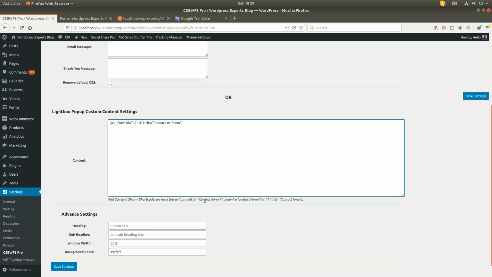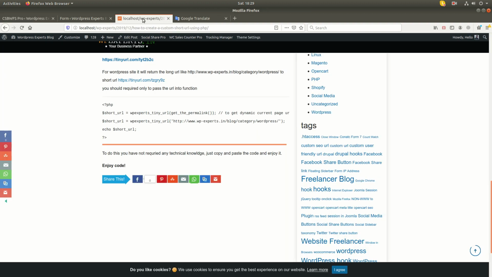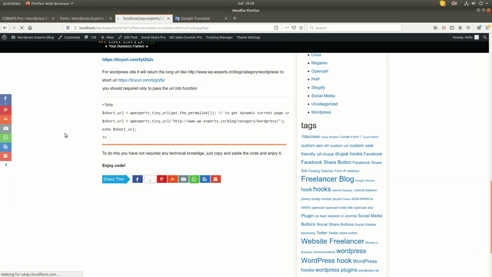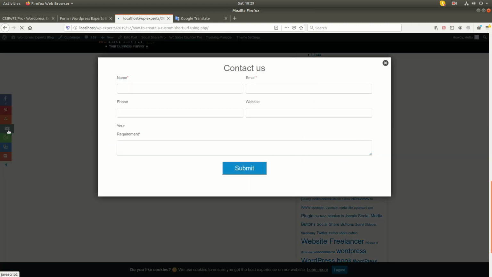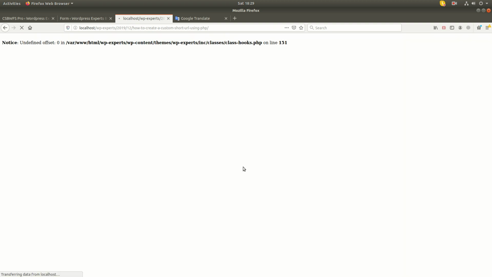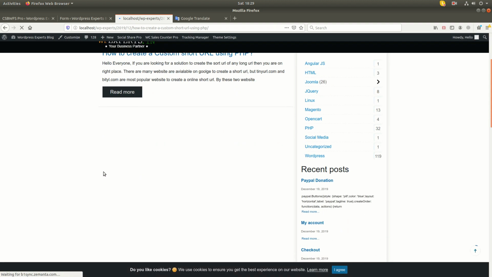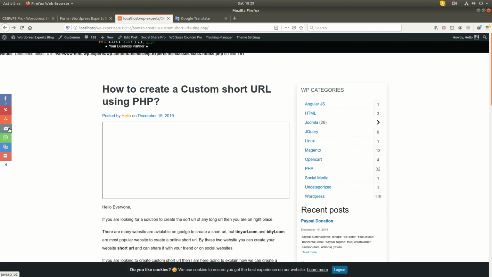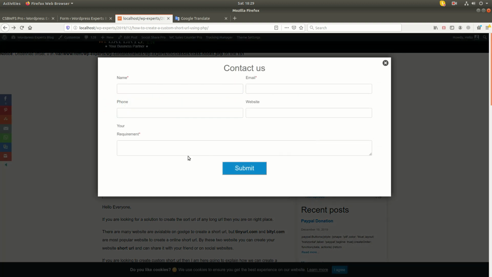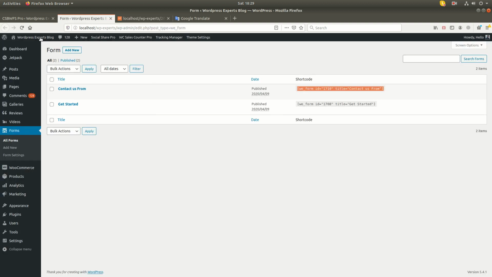Let me see how this happens. Oh wow, it's working. Yeah, validation is not working because we have not tested with a custom form, but this works.